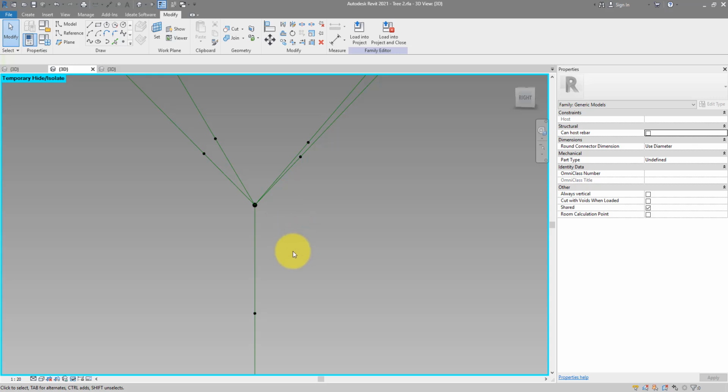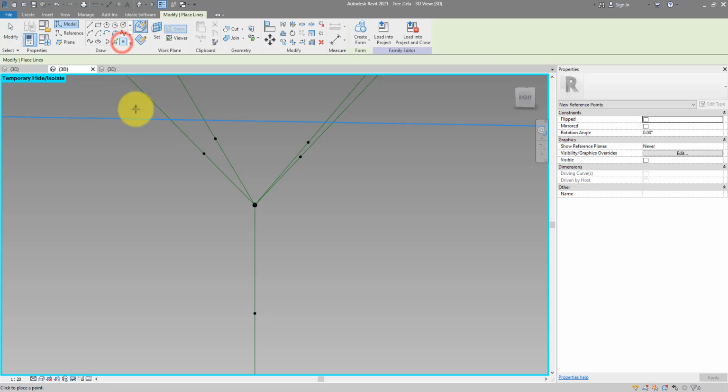Because for the first connector I wanted to go like this, from this point up, do a small curve, and then connect to this other point. So that will be point number 1, this will be point number 6. I need to now create point number 2, 3 here, and 4 and 5 there. Super easy to do. Let's go here to reference point, place on the plane again, and just do 1, 2,